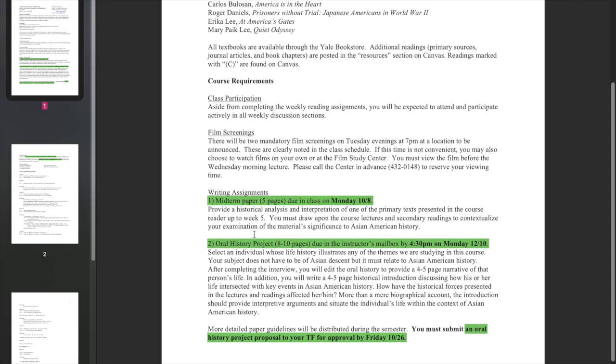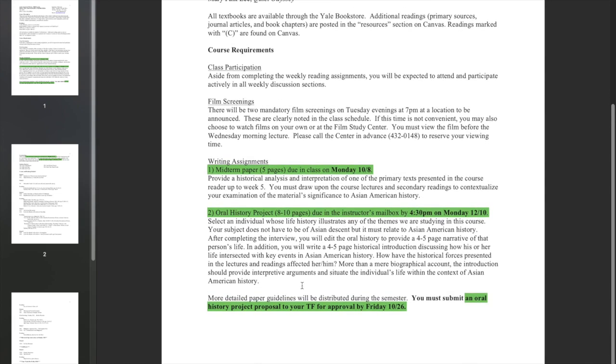That way, as those due dates are nearing, you can prepare accordingly by planning to set aside time to work on the assignment in the weeks leading up to the due date. Also, just knowing when assignments are due gives you the foresight to make an appointment with your professor or TF during office hours to discuss the assignment 1 or 2 weeks before it's due. So for this class, since you have to submit an oral history project proposal to your TF, this might be a good time to set up an appointment with your TF to talk about ideas you have for the oral